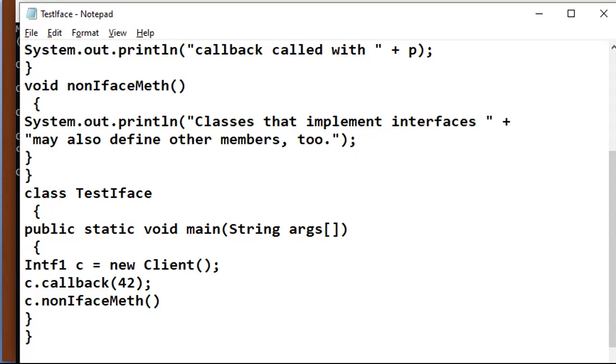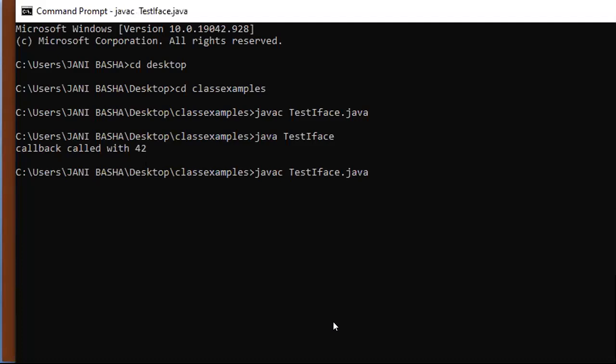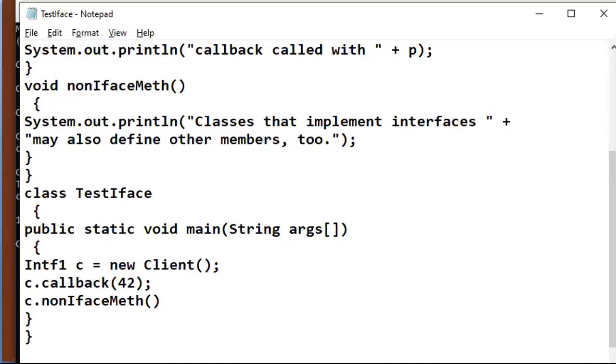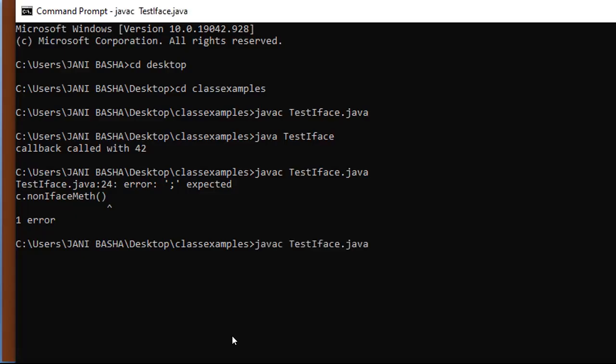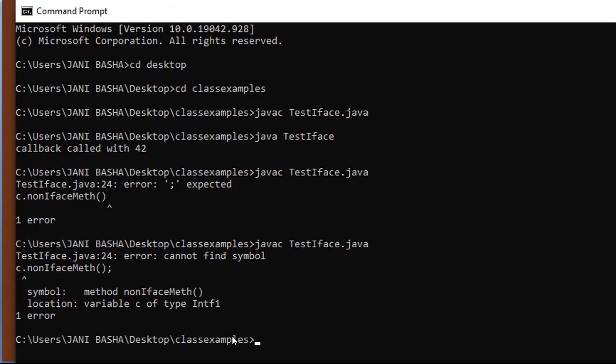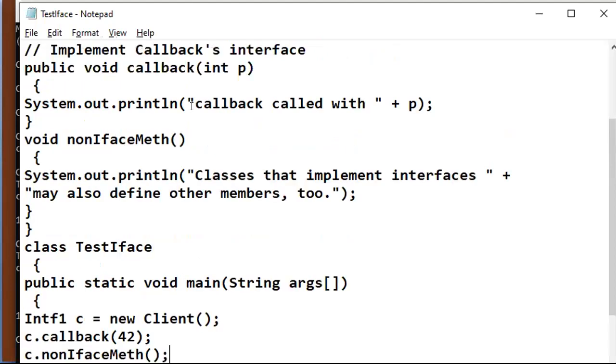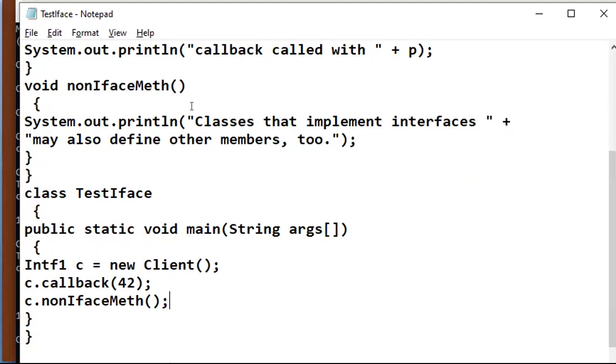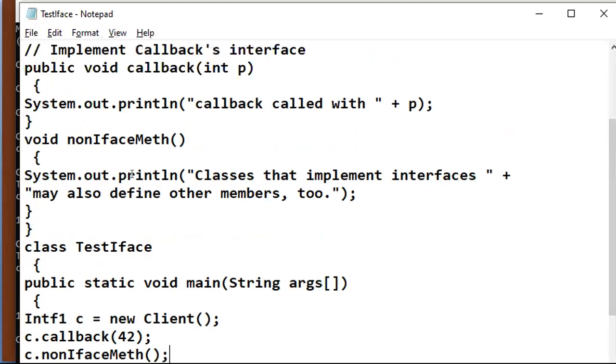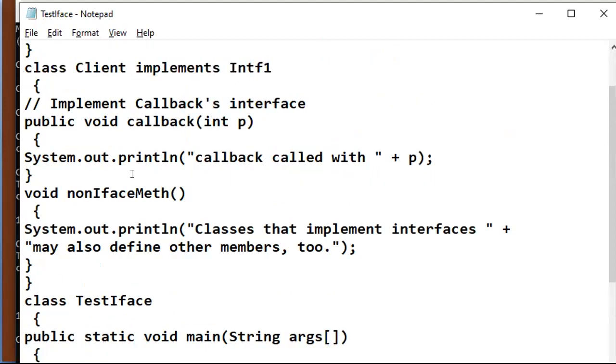Okay, so I'll save this and execute again. Non-interface method.